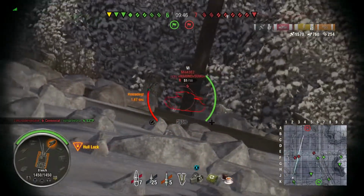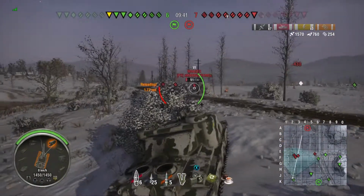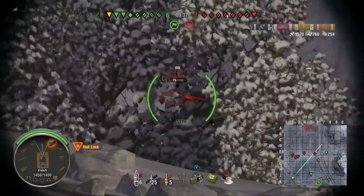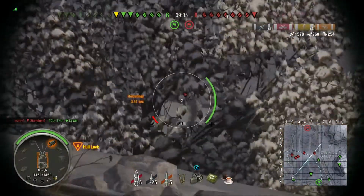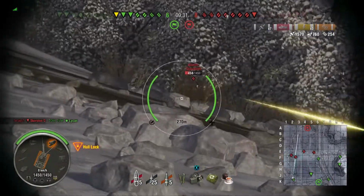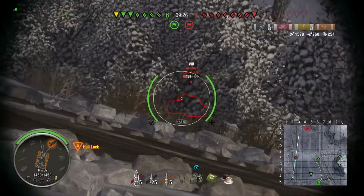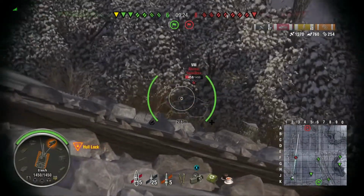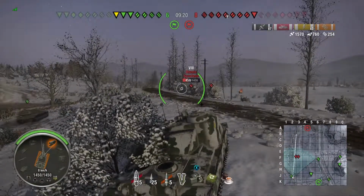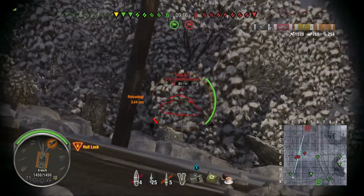Now you have a Jumbo Sherman showing me the side of his turret there, and I managed to punish him pretty severely for it. So I reckon the enemy have probably pushed as much as they're going to. If these guys were going to push, they'd have pushed by now. So it's time for me to actually start pushing back, especially since we're running out of tanks in the middle. We have a tank destroyer at the back, and he's